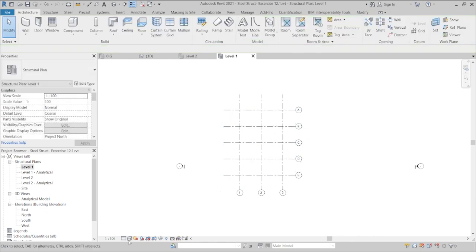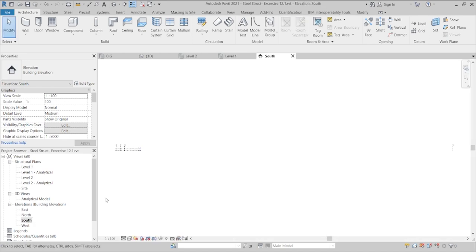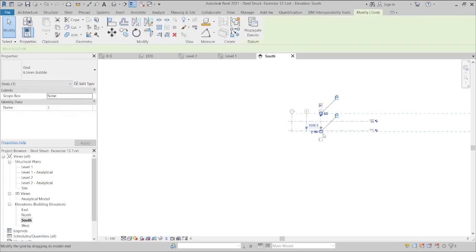So we can go to elevations. So let's go to elevation. You can go maybe to south elevation. So if you come to south elevation, you can see our model is here, but it's not looking that good. So you can just come here, just try to